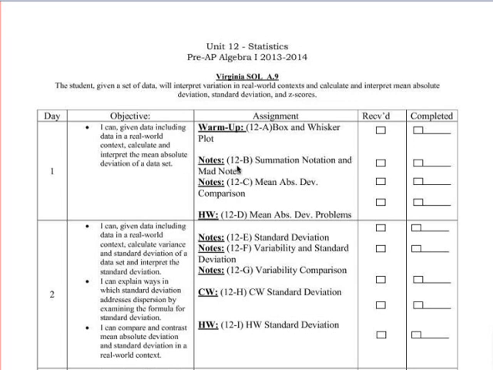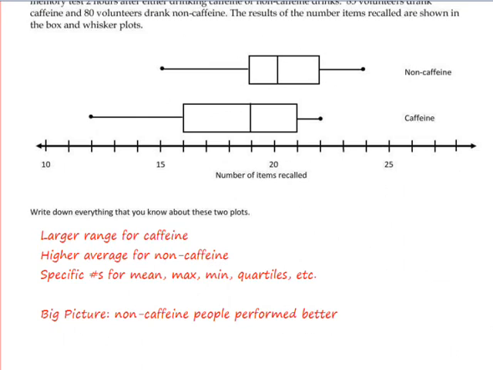We're going to look today at box and whisker plots as a warm-up. You've probably already done that. Then we're going to look at summation notation and MAD notes, and that's not like angry, so don't panic, okay? I do want to take a look real quick at the box and whisker plot warm-up